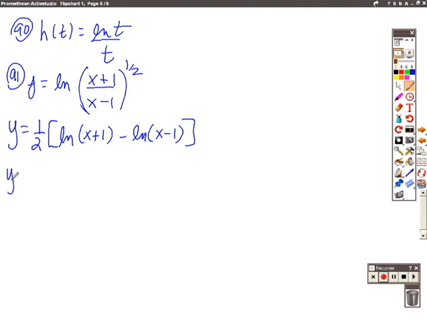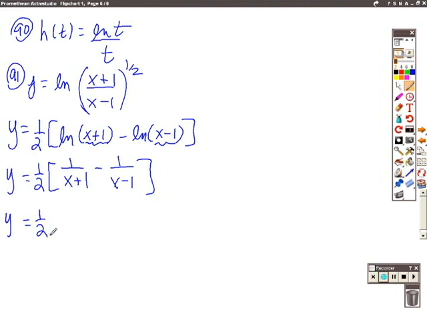So I get y prime equal to, the 1/2 is a coefficient that stays out front. We did an example like this in your notes. U prime over u, the derivative of x plus 1 is 1 over x plus 1, minus u prime, again, is 1 over x minus 1. I don't have to get a common denominator, but I could if I wanted to. Let's just for fun go ahead and get a common denominator, which would be the product of x plus 1 times x minus 1, except I didn't write that correctly. Sorry about that. So if I multiply x plus 1 times x minus 1, I get x